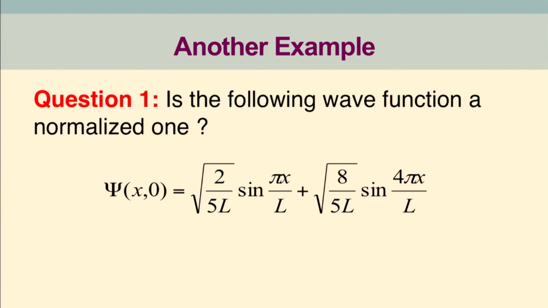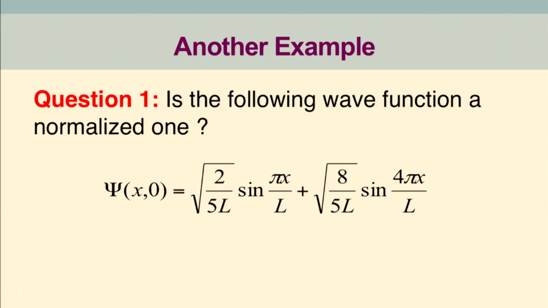Now let us ask a few questions. Let us now construct another wave function which is given by this expression. The thumb rule is, if I am given a linear combination of different wave functions to form a given superposed wave function, the first question I will ask is whether it is normalized or not. In order to check, I will just take the integration of psi star psi, set it equal to 1, and then calculate the normalization constant, the usual procedure.